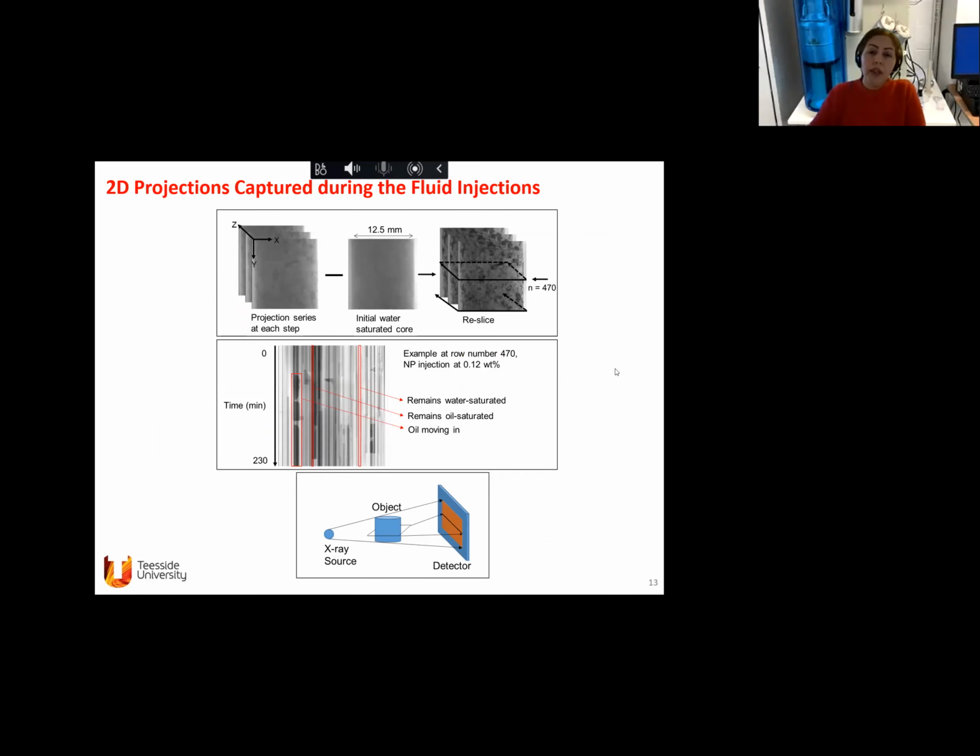To do that, the first thing I did was to remove the projection of the rock itself from the sequences that we had. This enhanced the contrast between the fluid phases. So here you have a sequence of images, say for instance projections 2000 to 3000. This is the core holder that has fluids in it, and you're injecting the fluid and taking snapshots. You're not rotating the sample, it's staying in the same place. You're just collecting thousands of projections to see if you can understand anything about the dynamics